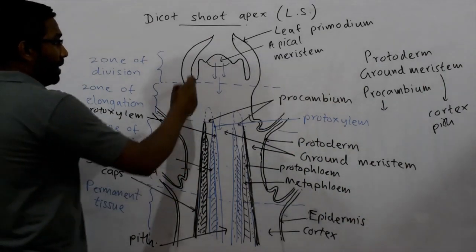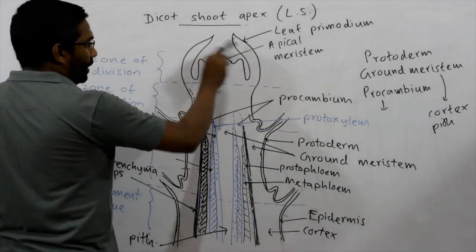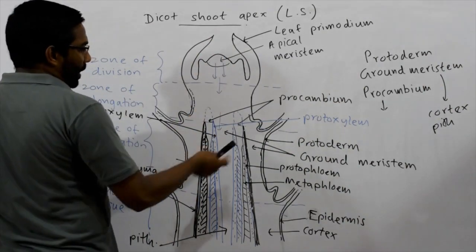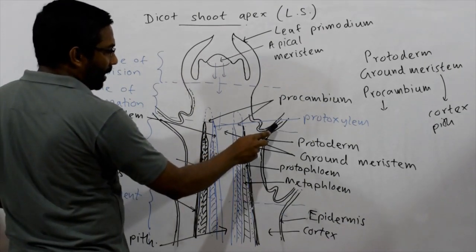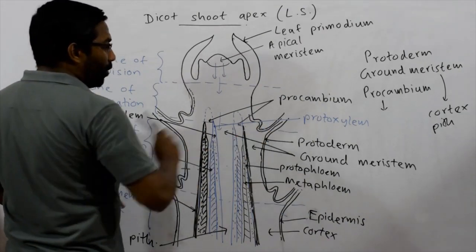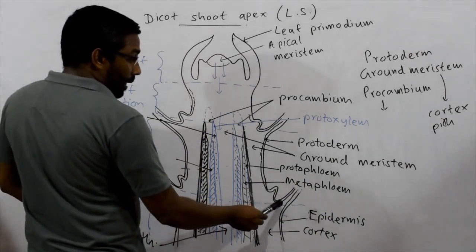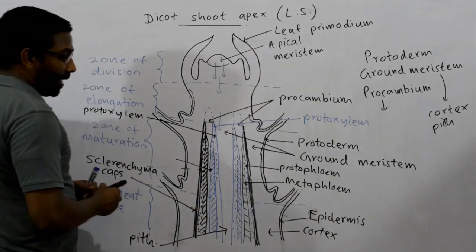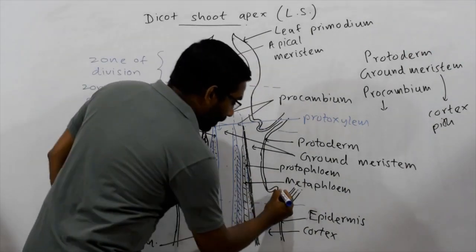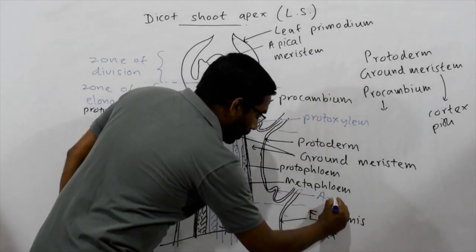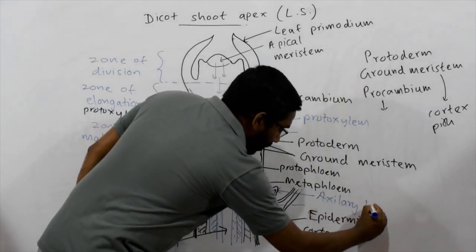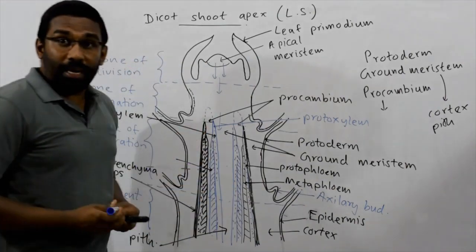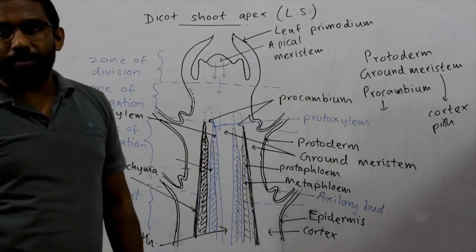Okay. Then here we said these are the leaf primordia. They also mature. They mature and produce young leaves. Imagine these are the petioles of young leaves. At the base of the petiole, you can observe axillary buds. Imagine this is an axillary bud. At the base of the petiole, it has an axillary bud. So then in the root we said lateral roots are produced from the pericycle.